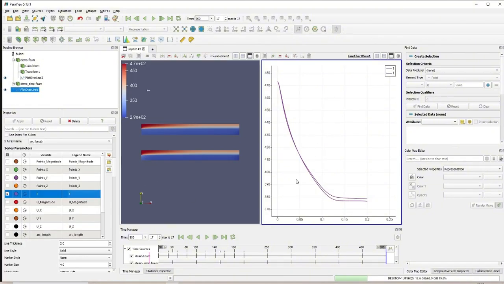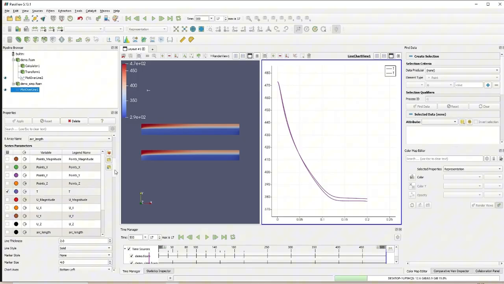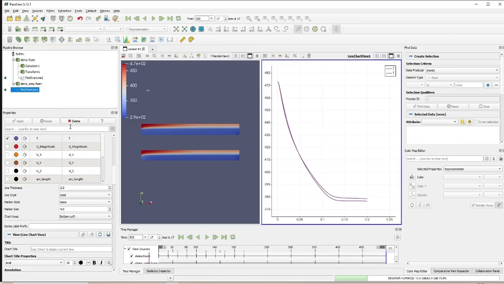So when we compare these two lines, we can use different line styles. For the simplified one, I want to use a dash line. There's a line style option here. I use dash line, and I would see the difference, right? The solid line is for the previous one, including the solid region, and the dash line is for the interfaces only between the fluid and solid, without building the solid zone explicitly. So we would say most of the temperature is similar, but when it approaches the exit, there are some differences,